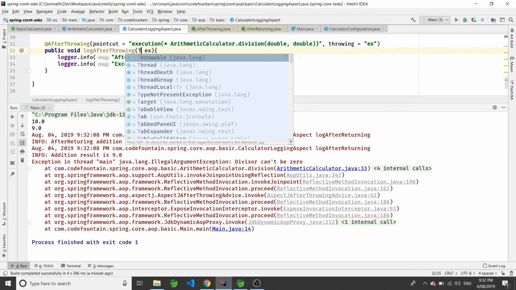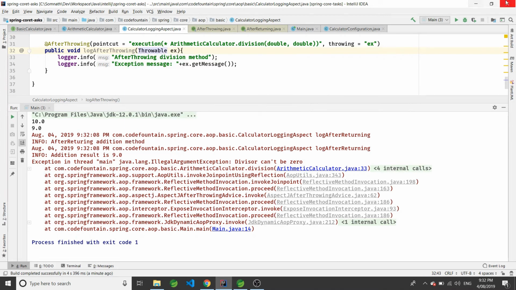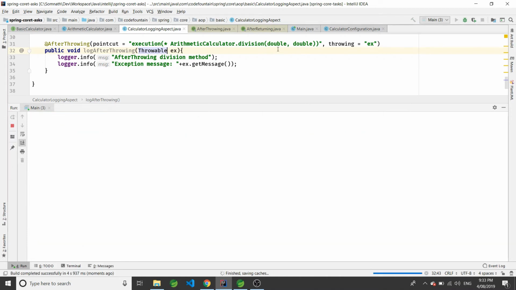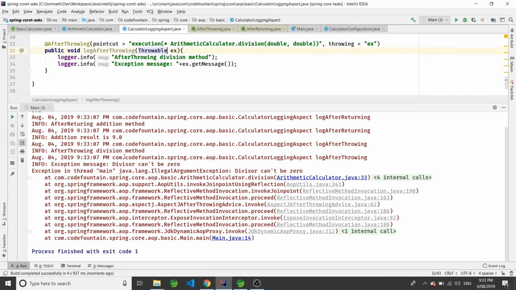If we change it back to, say, throwable and execute now, it will still match because we are specifying the exact method signature, the exact method parameters here. As you can see, it's calling after throwing division method, and then it is printing the exception message as well.